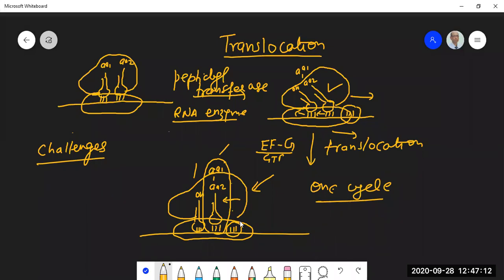And what determines which amino acid tRNA will be brought in? It will be determined by the codon. Let's say the codon is for glycine. EFTU will bring in a glycinyl tRNA, glycine. It will be brought in here, right? And the next step would be peptide bond formation, means you will have, let me draw it for you.